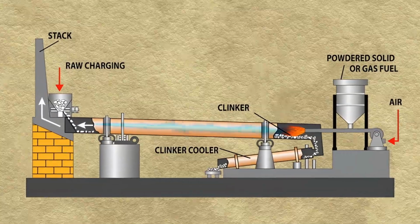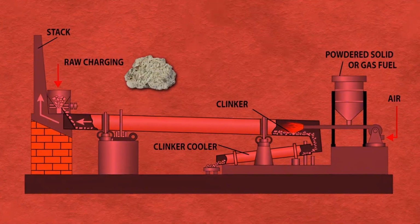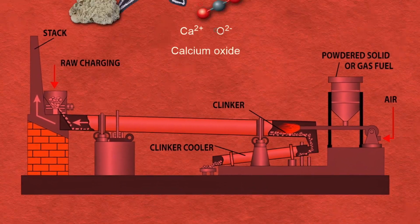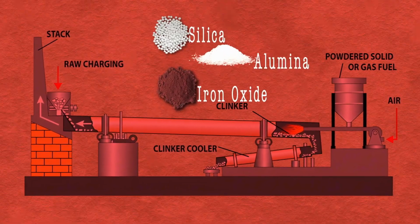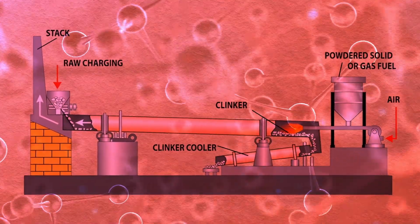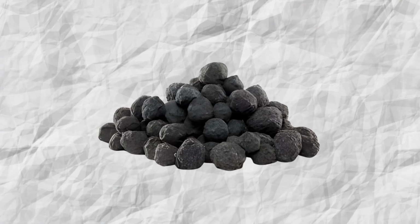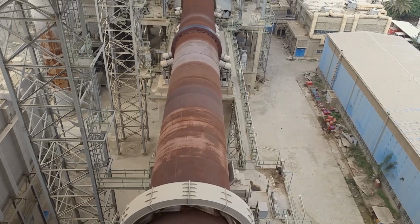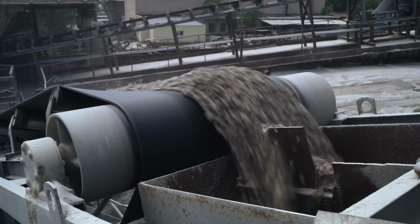Inside this inferno, a series of complex chemical reactions occur. The extreme heat causes the calcium carbonate in limestone to break down into calcium oxide and carbon dioxide. This calcium oxide then reacts with the other components, silica, alumina, and iron oxide, forming new compounds. It's like a molecular dance party, with atoms swapping partners at an atomic rave. The result of this high-temperature tango is clinker, small, dark gray nodules that are the essential ingredient of cement. Clinker formation is a crucial stage in cement production, as these nodules contain all the components necessary for creating the